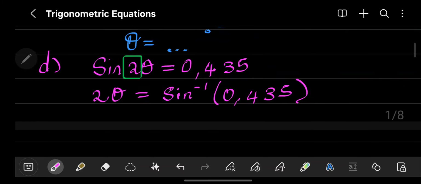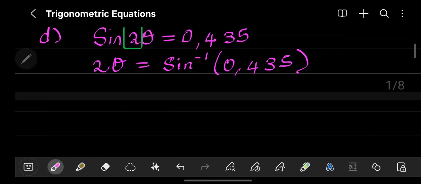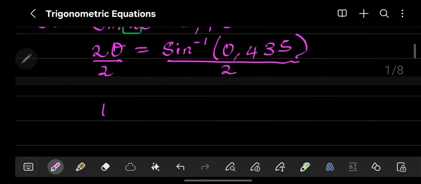Okay, then after you have removed this, now you can remove that 2. I guess we all know how we remove that 2 now, right? How do we remove it? We divide throughout by 2, both sides. Okay? Then your theta is equal to